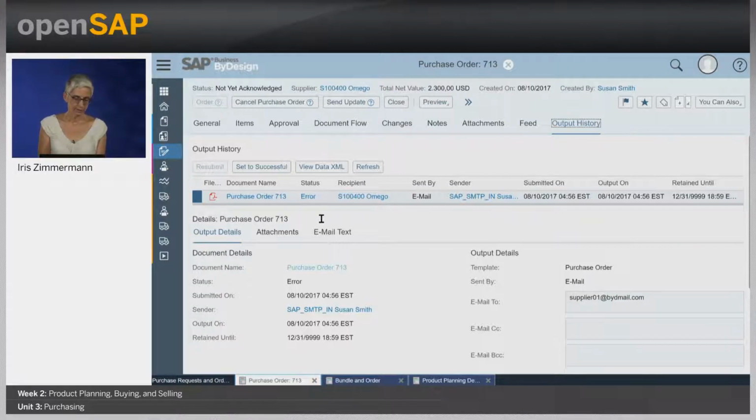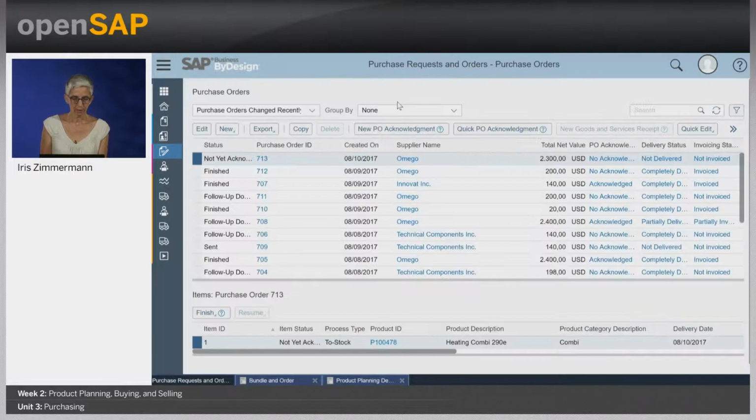So here, since this is a demo system and the email address is not valid, we get an error. So we could also use an interactive form instead of a PDF that helps later the supplier to report the confirmations and the acknowledgement. We could also use electronic messaging, XML, fax, or usual printout. So I will close this now and show you